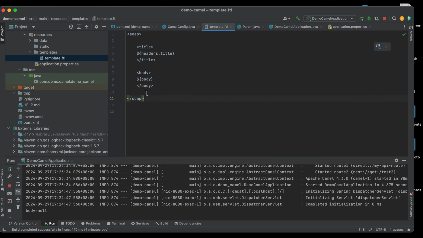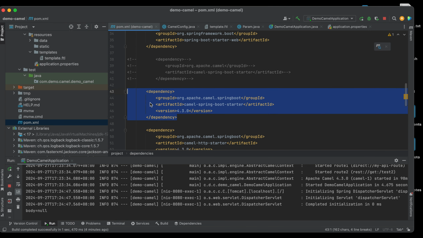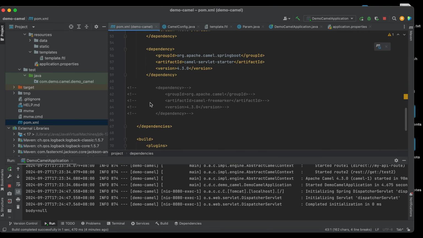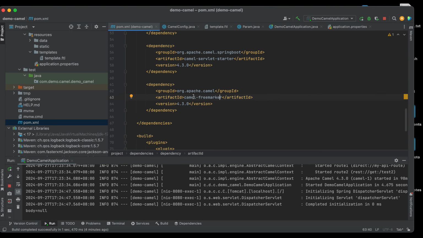The rest of the tags we just provide using the template, right? So in this case, we can use the Freemarker framework. If we want to use it, we have to add this dependency, camel-freemarker. The package is org apache camel. We can use the same version, right?